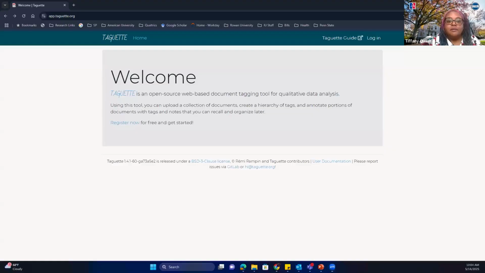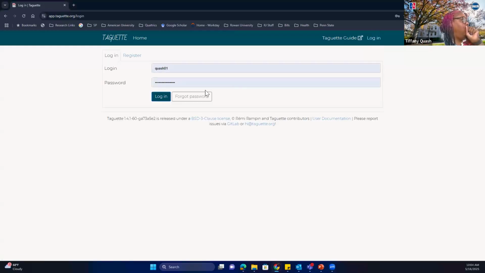And now I'm going to share my screen. Okay. So I just want to make sure that everybody can see the screen where it says welcome to Taguette. Yes. Okay, fantastic. So I'm going to just log in.